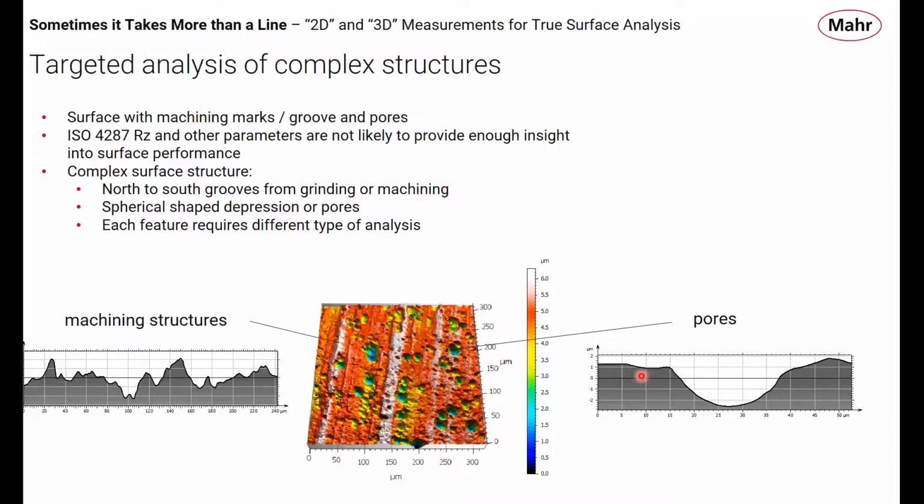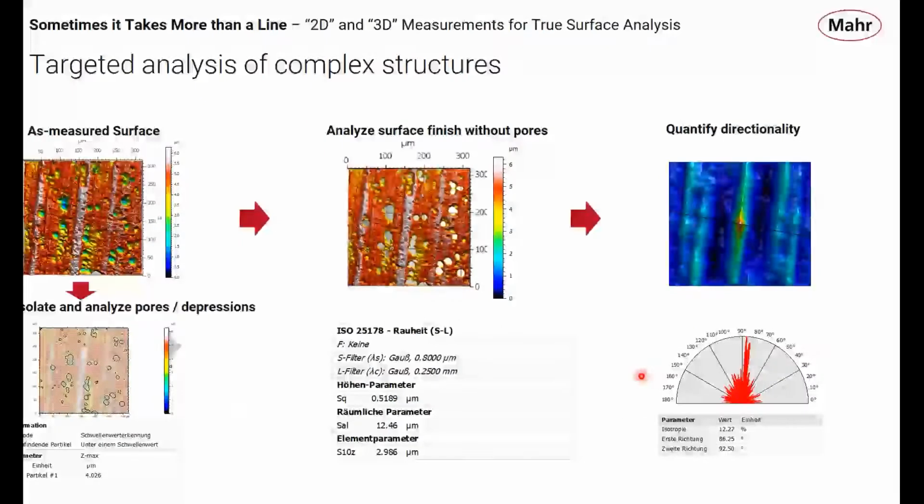So there are two tasks that we have, and I'm going to do those two tasks on this slide. On the left-hand side, we're going to start out over here. We have our as-measured surface. So this is the surface we have been looking at. The first task is that I am going to isolate and analyze these pores. I can tell the software to go in, and we have a couple of different algorithms that we can use. My apologies for the German language on my graphic here, but we used essentially a height thresholding technique